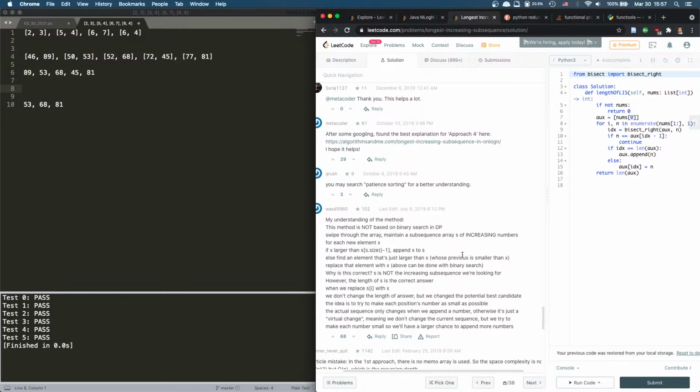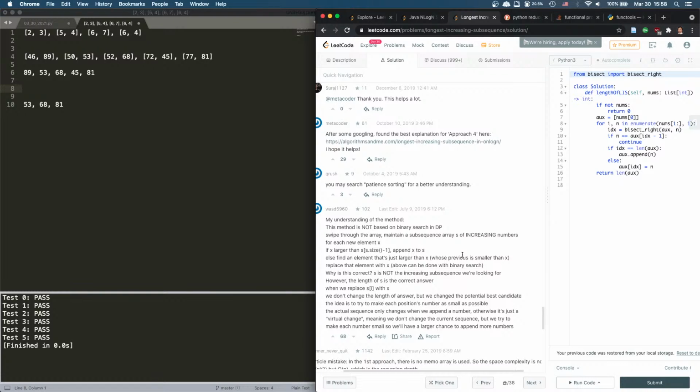And then every time we find... So let's say, okay, let's do it this way. Let's say the DP array currently is the increasing subsequence, right? And then we have a smaller value, and we want to replace,